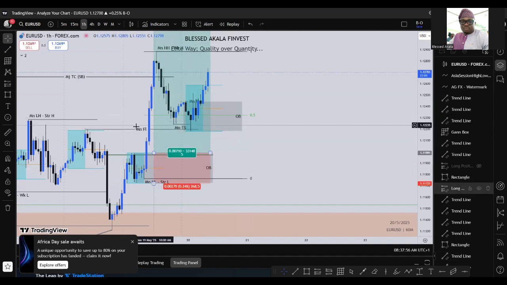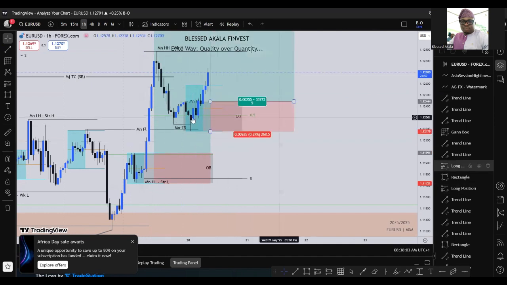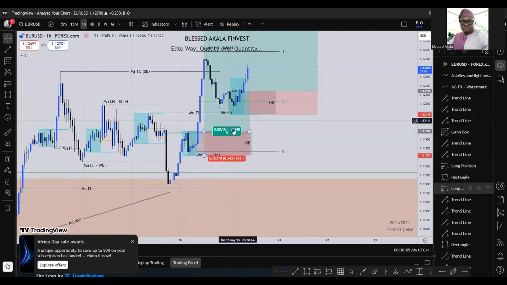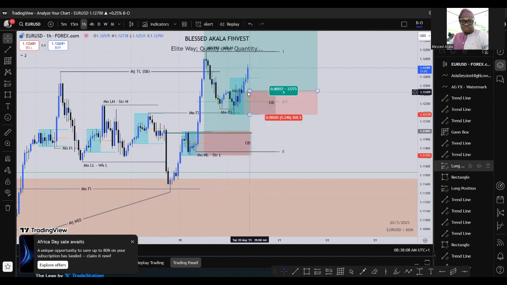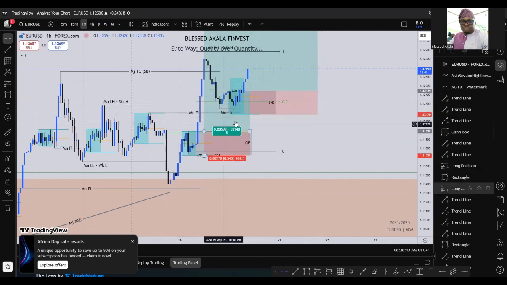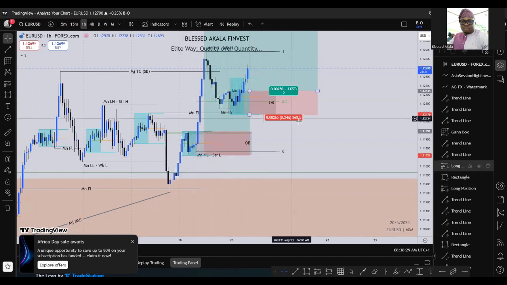And this mitigation block here is going to support our price data collection. Then we have this OB here again. Personally, it is a mitigation block and it's lying perfectly on the 50% range of the Asian range. So these will be my two trades that I'll be looking forward to. If this one did not materialize, then I'm expecting that we can search below and come into this place to use it for proper mitigation of this level into the highs.